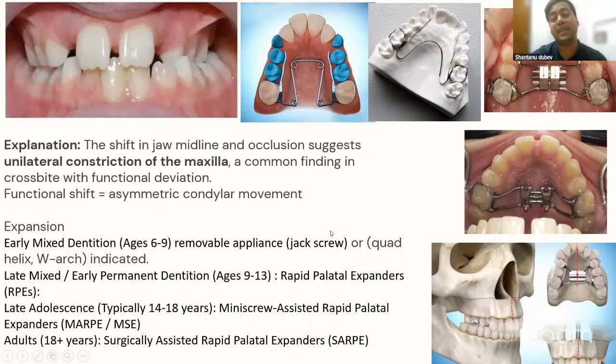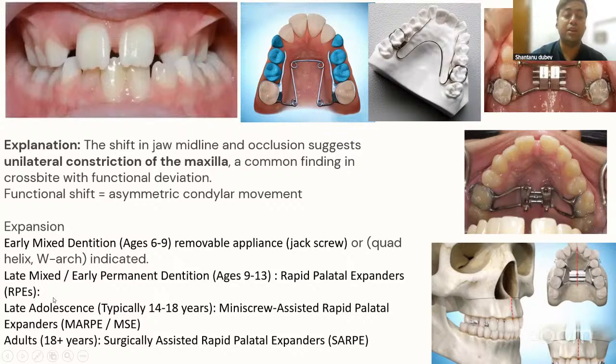The second thing that you can give is quad helix. So quad means four, helix means circles. So you can see four circles. So this is quad helix. Then W arch. Look at this image. It looks like a W. Okay. So W arch, if this has to be given at a very early age, when there is primary dentition, ages 6 to 9, then you can always go for this in early mixed